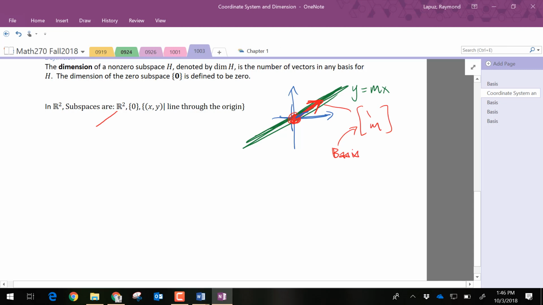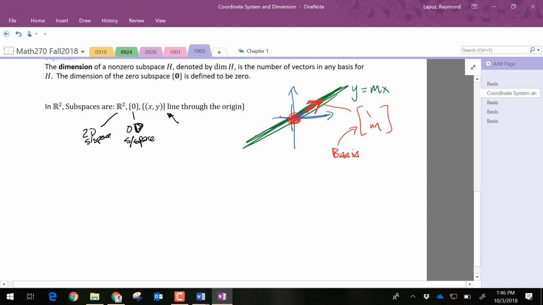The whole thing in R2 is a two-dimensional subspace, a zero-dimensional subspace,